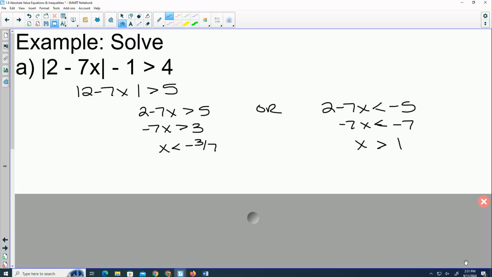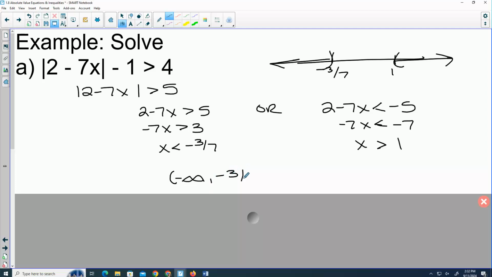Okay, so when you're doing your two separate inequalities, the first one you drop the absolute value, just write it. Second one, you drop your absolute value and flip your inequality. And I caught my mistake at the end because I knew this was an OR and I should have my pieces going two separate directions. We think -3/7 is down here, x is less than that. 1 is up here and x is greater than that. So my answer,